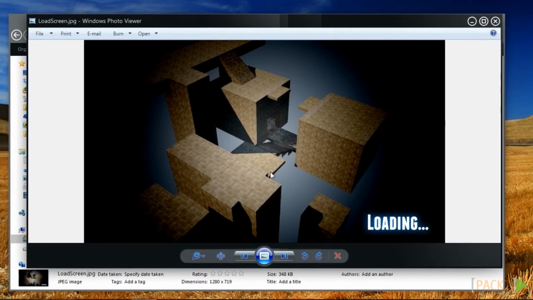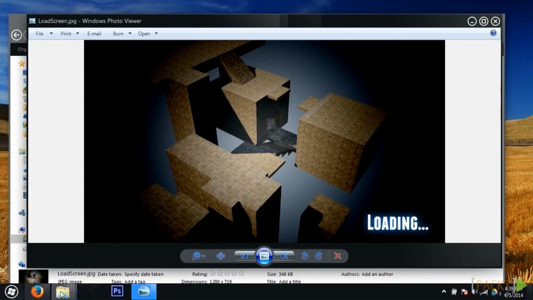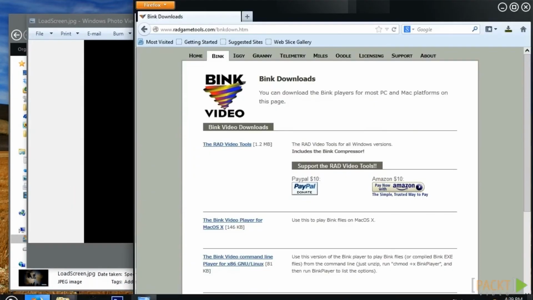Now, the default load screen is of a type called a Bink video. Bink is a video codec in the same way that DivX and AVI are, and that's what UDK uses to load videos. Now, to actually turn this JPEG into a .bik video, we'll need to download the RAD Video Tools program, which you can find for free at